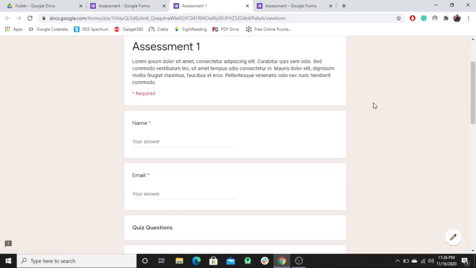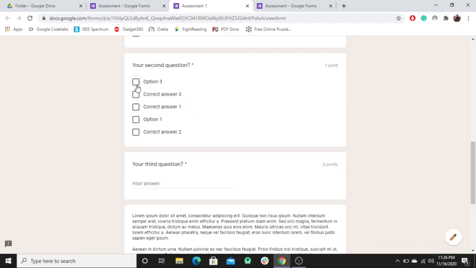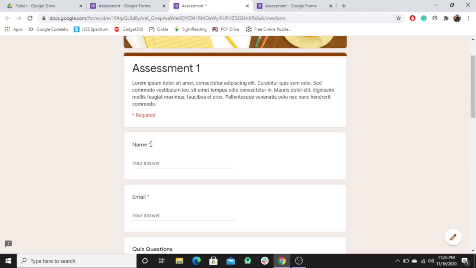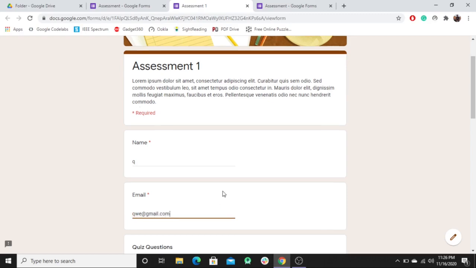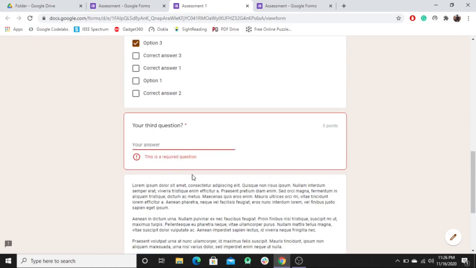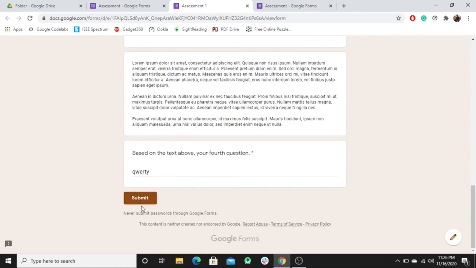So this is how the students will see the form. So you can answer. Let's create a dummy one. Here it will not allow me to go forward, so I have to answer everything from here. And once I click on save, I want to click on submit. So it's not allowing me to go forward because it's a mandatory question. Third question, so if I just type in a random answer and I click on submit,